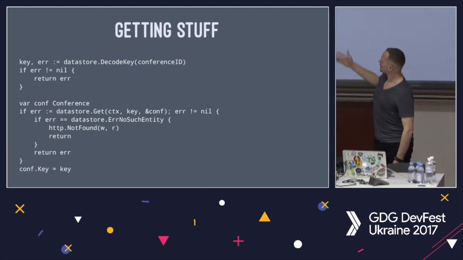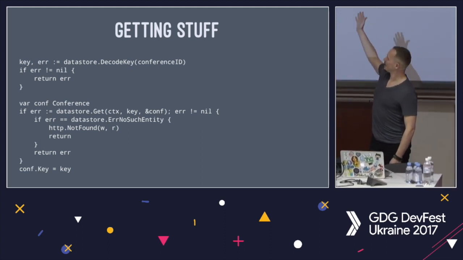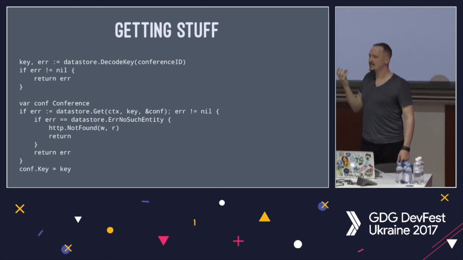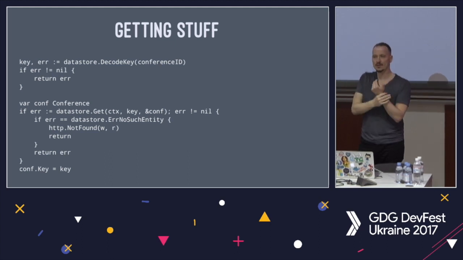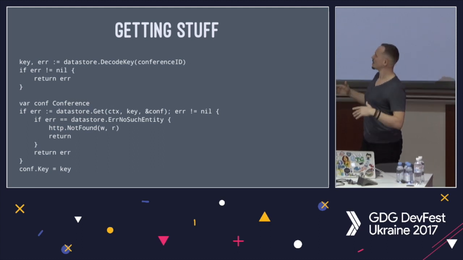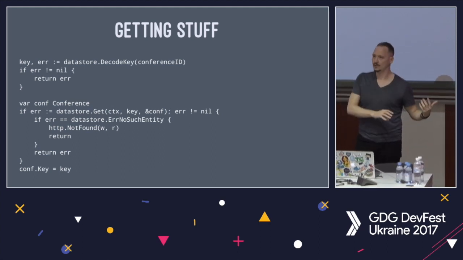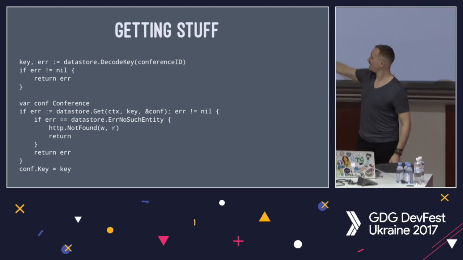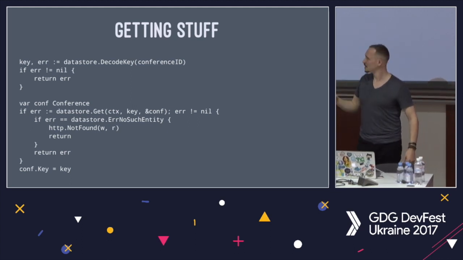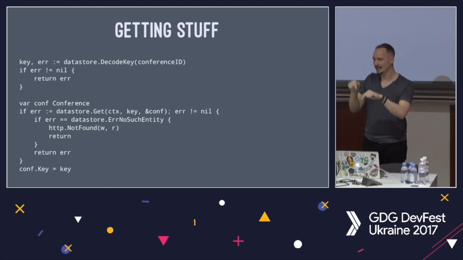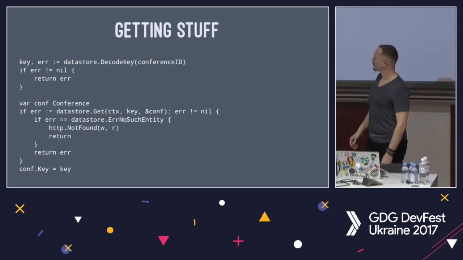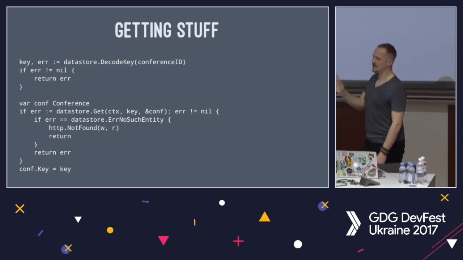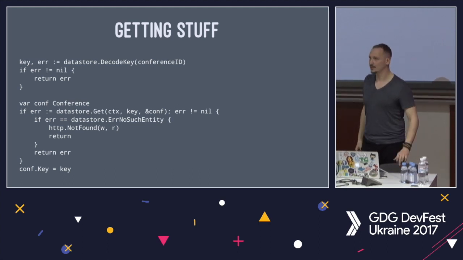Getting stuff is as easy. It's actually a bit easier. So, first of all, I decode a key from an ID. A key is actually a struct in datastore, but when it gets marshaled, or you can call a method to encode it as a URL-friendly string. So you then have to take that string and turn it back into a key that you can use, and you use DecodeKey for that. And it'll fail if the key's corrupt or something, so if someone's trying to hack by guessing IDs, which is obviously a waste of time, but then you'll catch that.